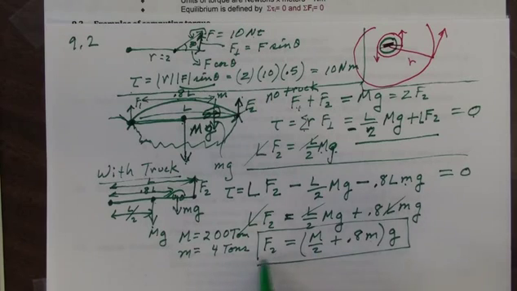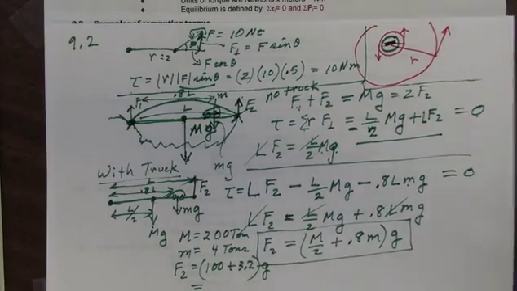So F2 would be equal to 100, that's our 200 over 2, plus 0.8 times 4, which is 3.2, quantity times G, or equivalently,